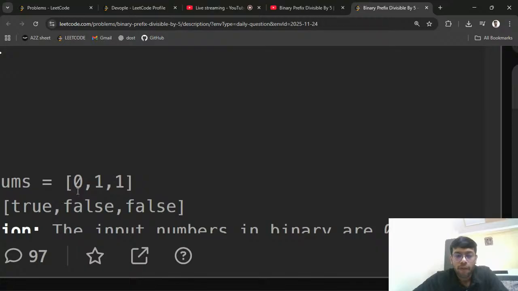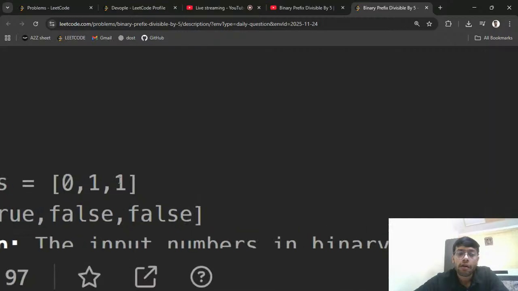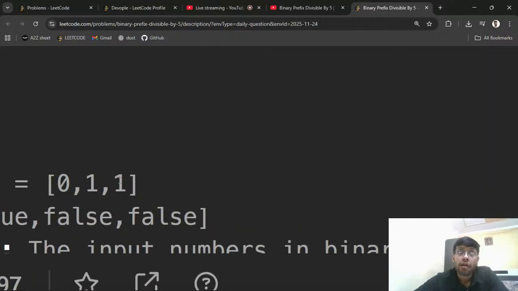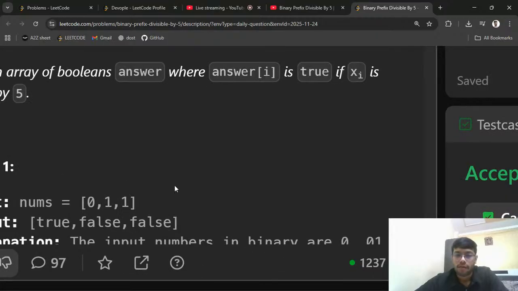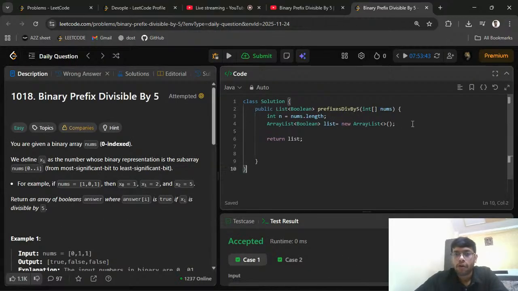For example, the zeroth number corresponds to zero only. So the first number is two into zero plus the bit, this one, so it's one. Now this number is one, so twice of one is 2, plus 1 that is 3. Yes, I've understood it. So now what we are going to do is